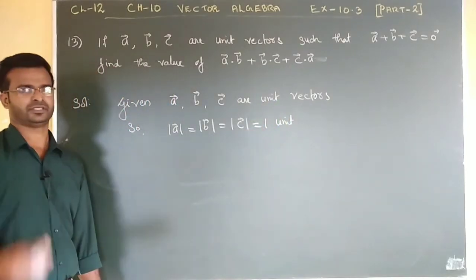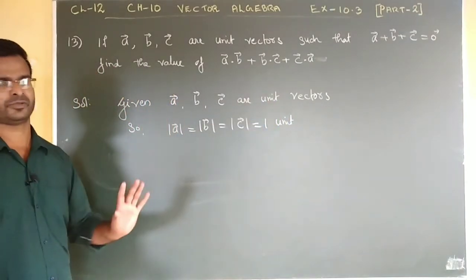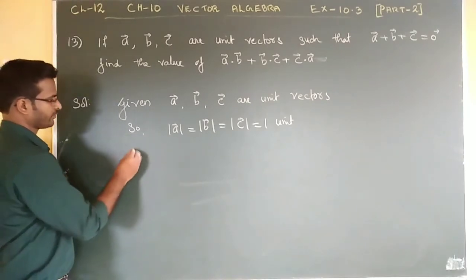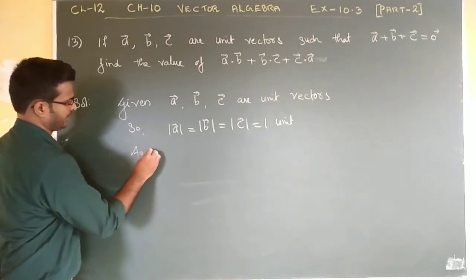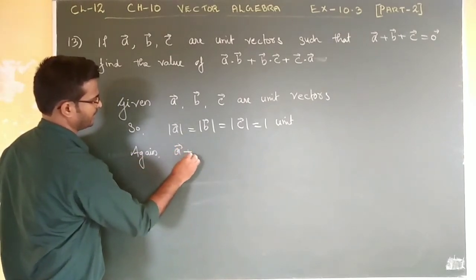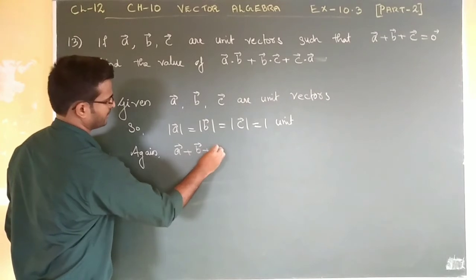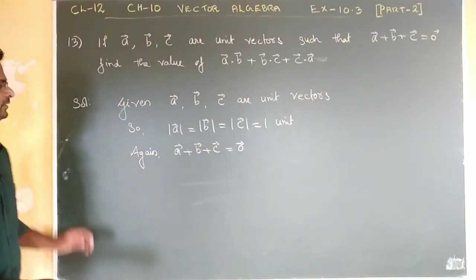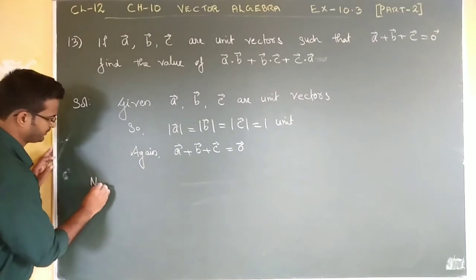Magnitude of those 3 vectors will be 1 unit because of unit vectors. Again, one more condition given, that is A vector plus B vector plus C vector equal to 0 vector, isn't it? Now we can write